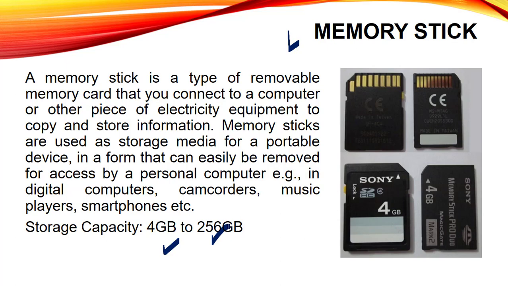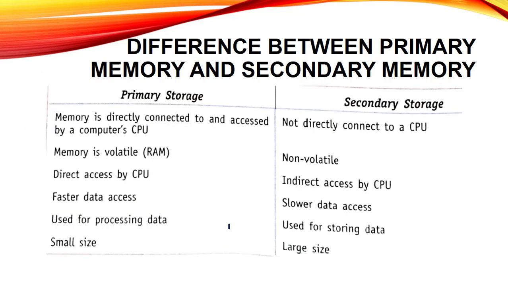So these were some memory devices that we had to discuss and that we have discussed now. Now the last one, we have a difference between primary memory and secondary memory. Read this difference once properly by yourself. It's homework for you all. If you feel any difficulty, you can comment down all your problems. In our next class, we will start from this slide only. After this, we have to discuss input devices and output devices also.